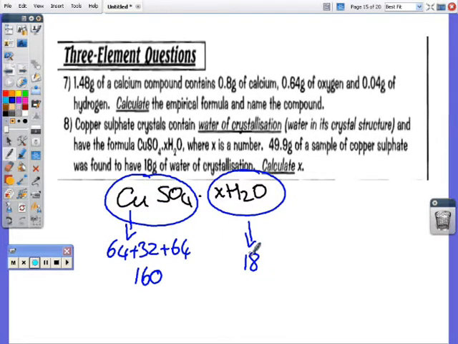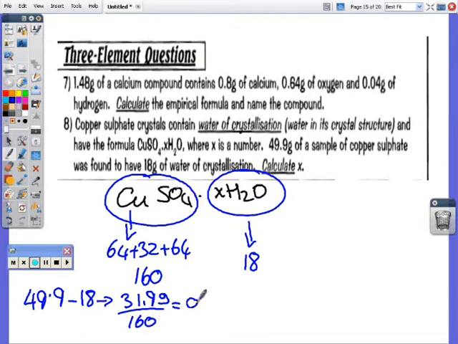Okay, so we had 49.9 grams of a sample, and 18 grams of the water was lost, which means we have therefore got 31.9 grams of the copper sulfate in that sample, and if we divide that by that, we get a value